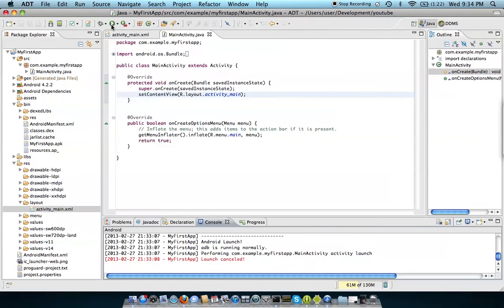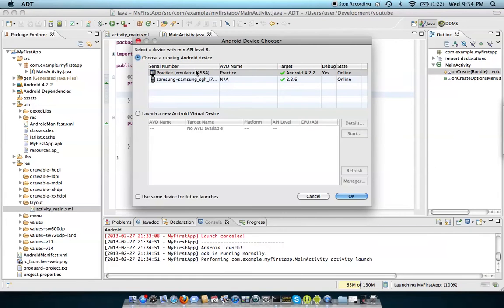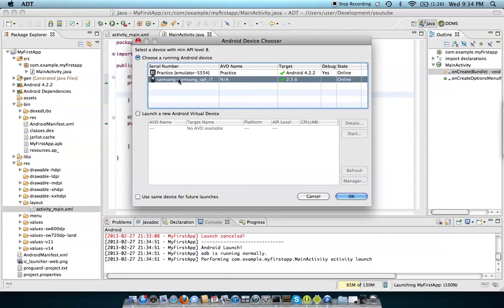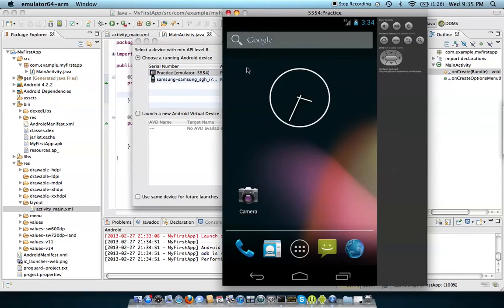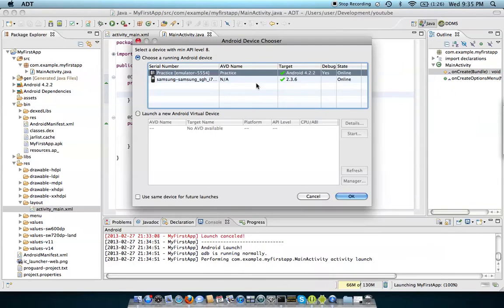So you can start your application. Right here, it gives you the choice. It'll prompt you. Here's my Galaxy S2, where I could run it and see it on my actual device, or we could just go ahead and run it on the emulator right here. So we'll go ahead and do that. We'll press OK,